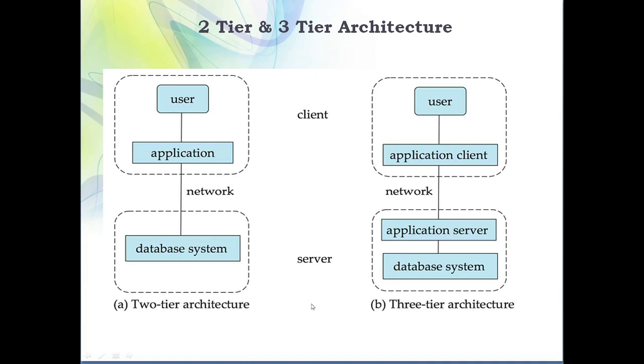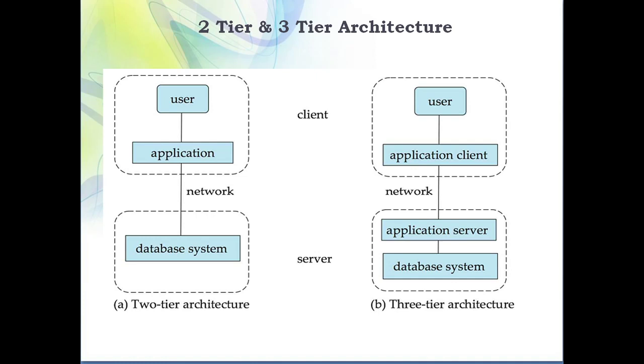On the contrary, on the other side, we also have three-tier architecture. So what difference do you observe between two-tier architecture and three-tier architecture? In three-tier architecture, you will find one additional component, that is the application server. Now what is the use of the application server? Do you think the application server is useful? The answer is yes, the application server is useful. Now I will give a simple example to illustrate the difference between two-tier and three-tier architecture, and how three-tier architecture is beneficial.